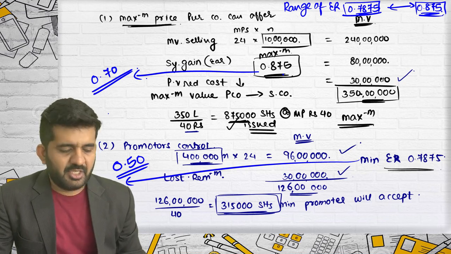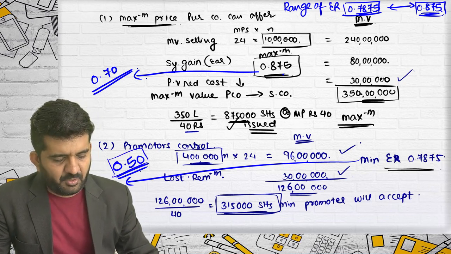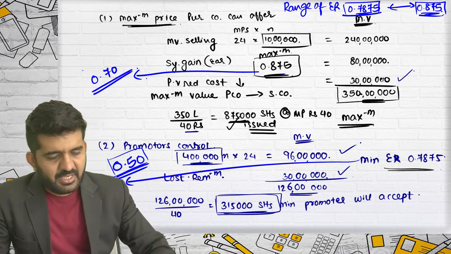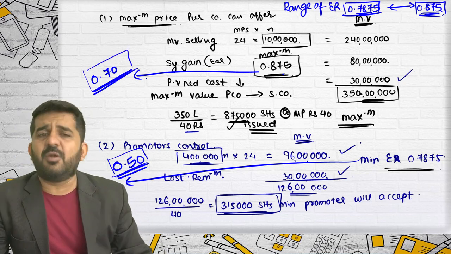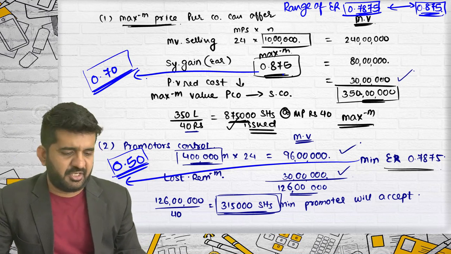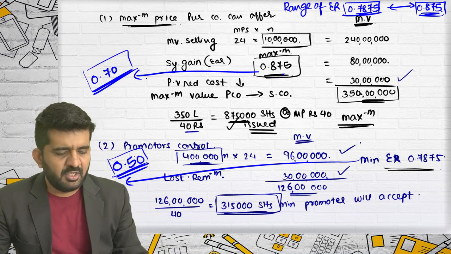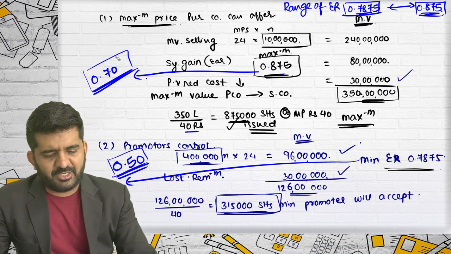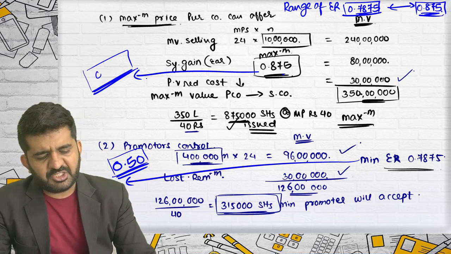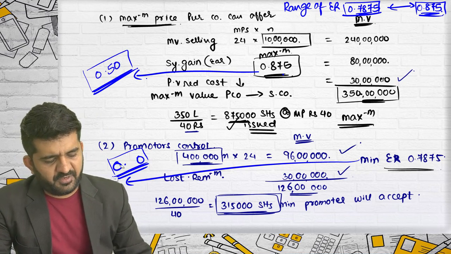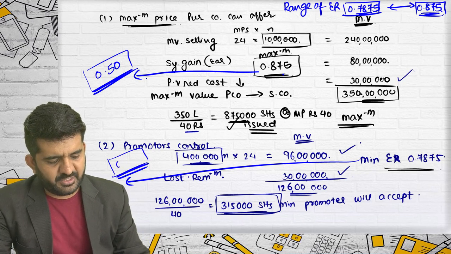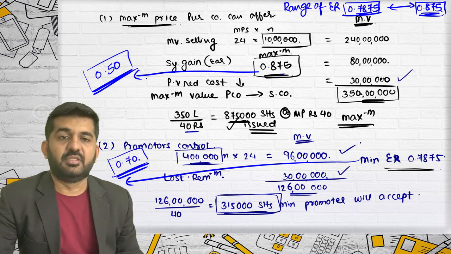Yes, sir. Is it? Alright, so selling company are not ready for less than this, and purchasing company are not ready for more than this. It is absolutely alright. The range is between 0.70 and 0.50. Yes, Jaimin, you are on the line. You tell me. If I change this, if this is 0.50 and this is 0.70, then what?